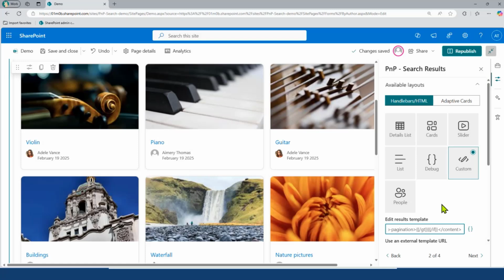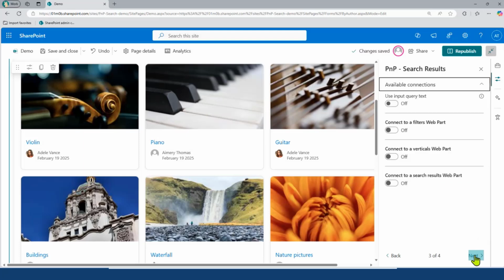Because basically I need to tell the web part, okay, I've added this web component, but this web component is from this SPFx solution that I uploaded on my tenant catalog. And that's why it's very easy to extend the PnP Modern Search solution.